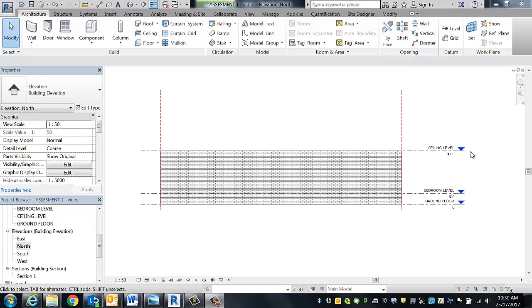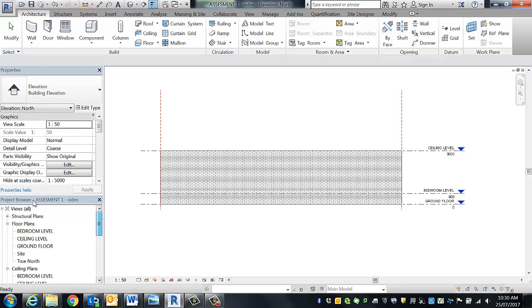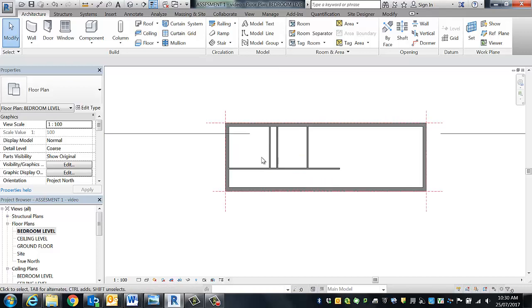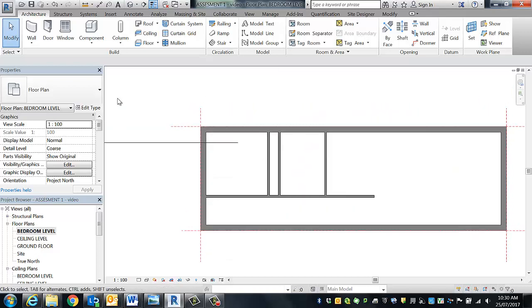Now that we've created our extra level, we can add the floors to it. So if I pop back, I'm going to start with the bedroom level. I'm going to start creating a floor. Now, the reason I'm on the bedroom level is because the second that I click the floor tool, which is